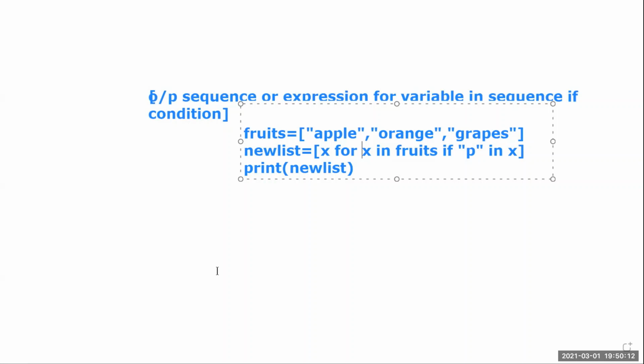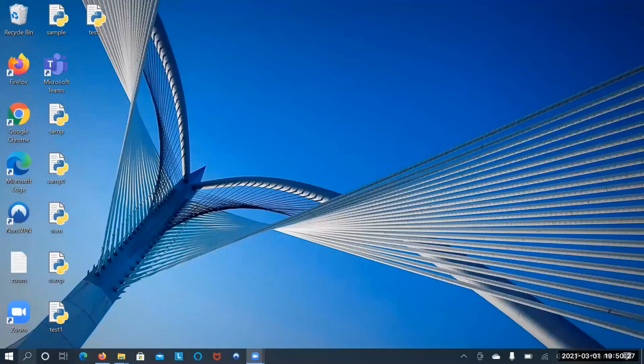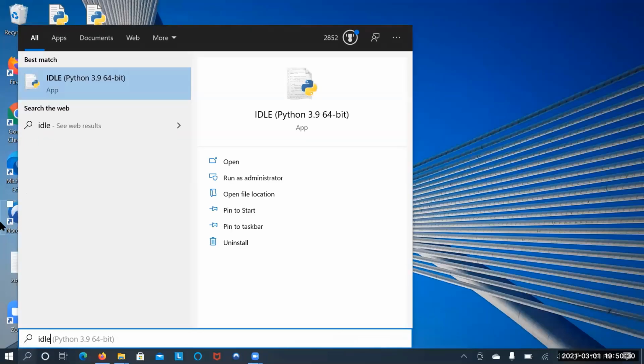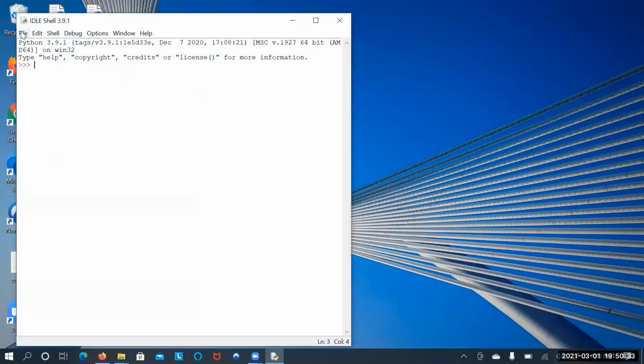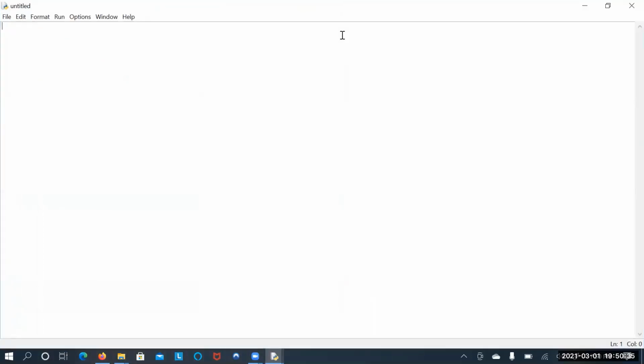Now let me execute this code. Go to Python IDLE. Here I have a list which contains fruits: apple, orange, grapes. So this is my list.